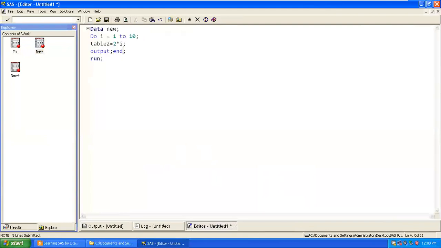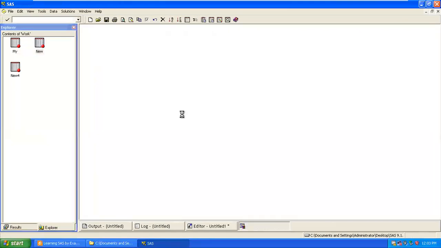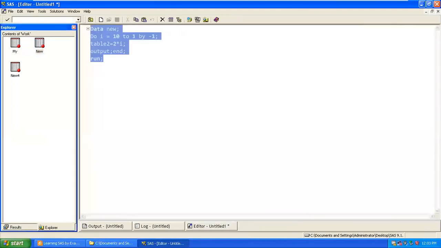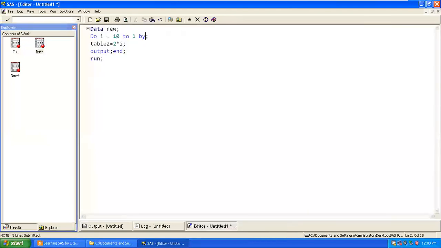Now another thing: if you want to run your loop in reverse order, what can we do here? I can write 10 over here, then 1 by minus 1. Correct? We are getting a reverse loop. In a loop, we don't have a direct function to make it reverse like this. If you try to do it, you won't get any output. A loop works from start to end, not reverse.